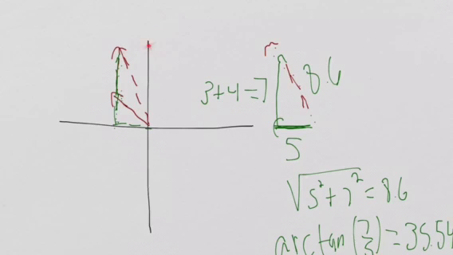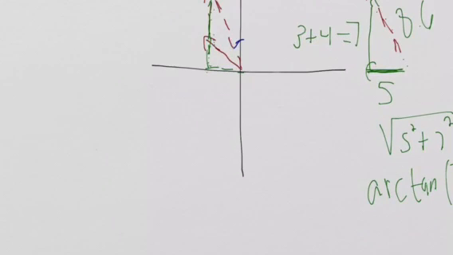So if you think of this as being north, east, south, west, we want to figure out how far west of south or west of north we are, right? So if this angle is 35.54, then that must mean that this angle we want, which I'll put in blue, is going to be 90 minus 35.54, which is 54.46 degrees. So our final answer then is going to be that this is moving at a bearing north 54.6 west at